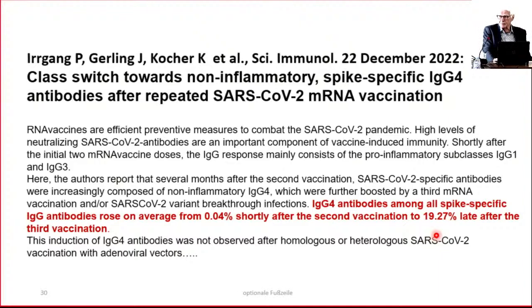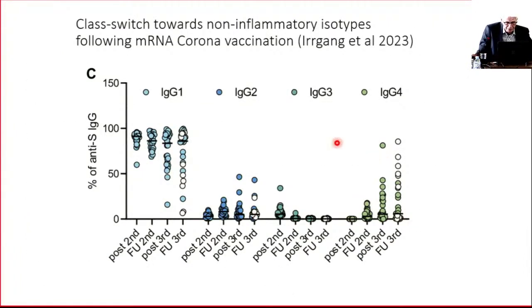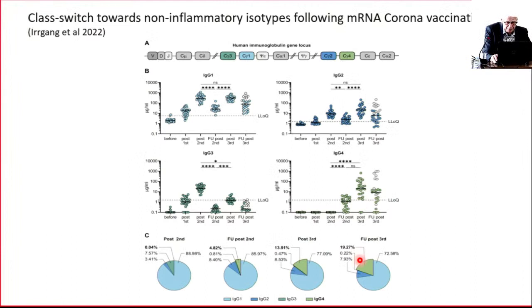concentration of IgG4 antibodies. This is a paper which is highly cited in Science, and some of the results, you can see them, IgG1 after the second and third vaccination and the follow-up periods, they rather tend to go slightly down, whereas IgG4 goes up, particularly after the third vaccination. And IgG3 and IgG2 behave indifferently. And here you have the proportion of IgG4 positive cells after the third vaccination. Almost 20%, versus